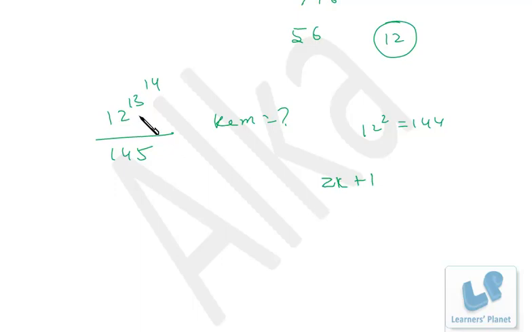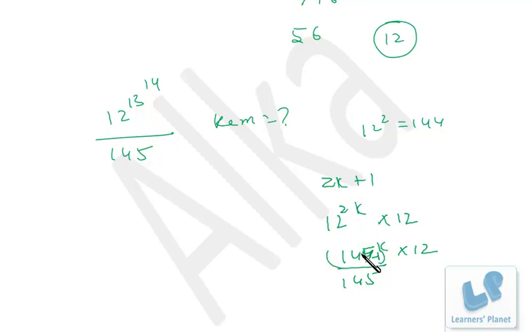Now, if I write 12 raised to 2k plus 1, what will be there? It's 12 raised to 2k into 12. So 12 raised to 2k will be 144 raised to k into 12. Now if you divide it by 145, what will happen? This is 145 minus 1 raised to k. Now we have this minus 1. If k is odd, then we will get minus 1. If k is even, we will get positive 1, right? So our answer will differ. Since we don't know the value of k, we don't take 2k plus 1 format. What we do is try to make it in 4k format.